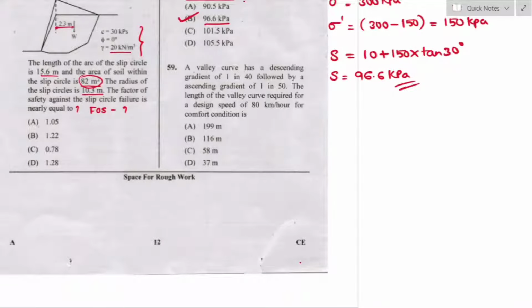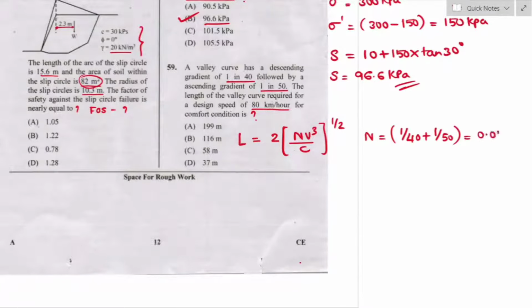Question number 59. A valley curve has a descending gradient of 1 in 40 followed by ascending gradient of 1 in 50. The length of the valley curve required for a descent speed of 80 km per hour for the comfort condition is. As per the comfort condition, the length of the valley curve is calculated by the formula 2 times of N V cube divided by C to the power of 1 by 2, where N is the rate of change of gradient, that is 0.045, where V is the descent speed of the vehicle, which is given as 80 km per hour. So to calculate the length of the valley curve, it should be taken in meter per second, which is equal to 22.22 meter per second,